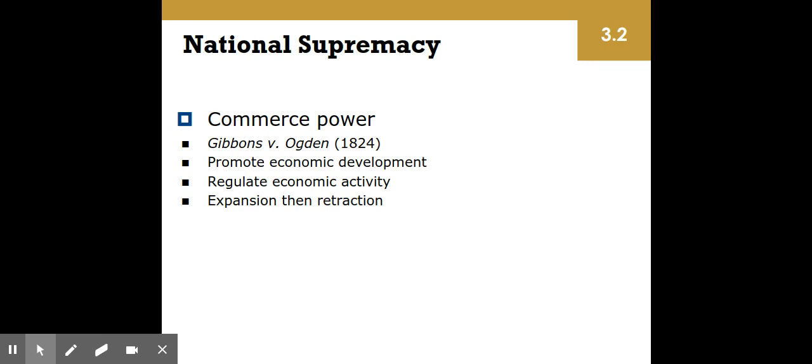And the reason why Congress has these powers is to promote economic development. We can't have one part of the country experiencing an economic disaster and the others not. And so they have to have level policies that apply to the whole nation to support things like infrastructure and trade.